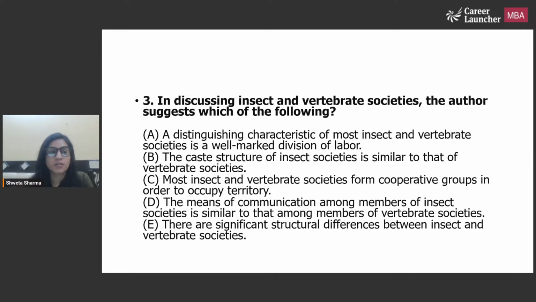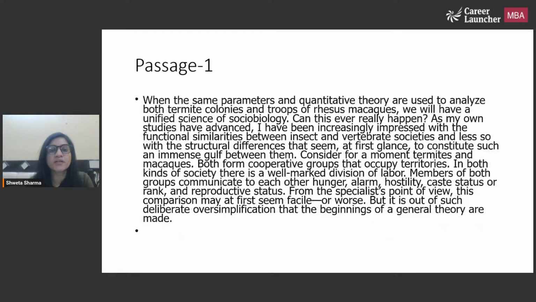Okay, let's go through the paragraph together, guys. Very simple passage, very interesting one. I hope you understood it well. Let's have a look at it together. It says when the same parameters and quantitative theory are used to analyze both termite colonies and troops of Rhesus Macacus. Okay,